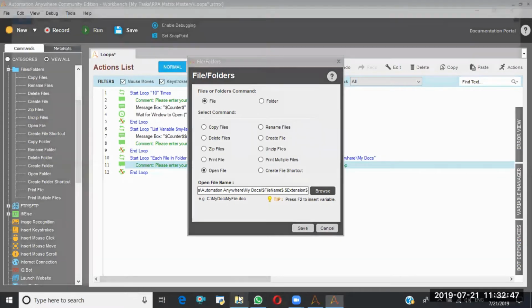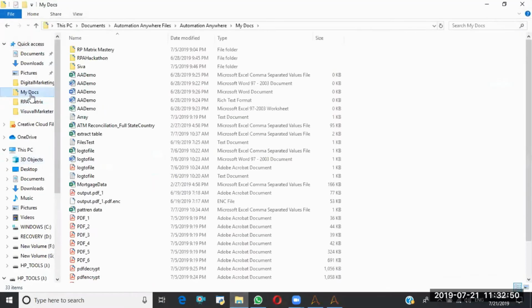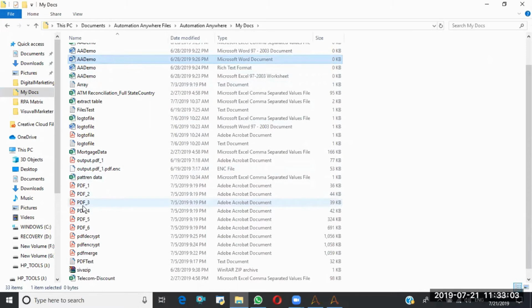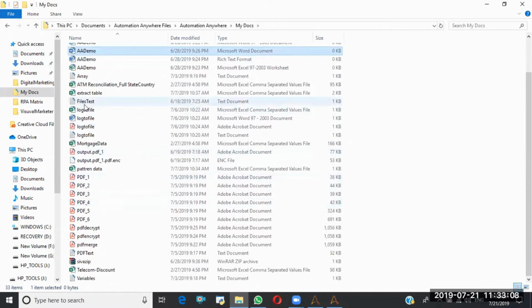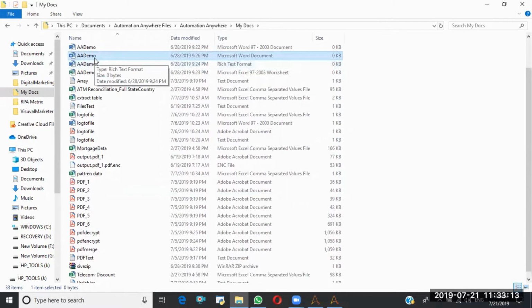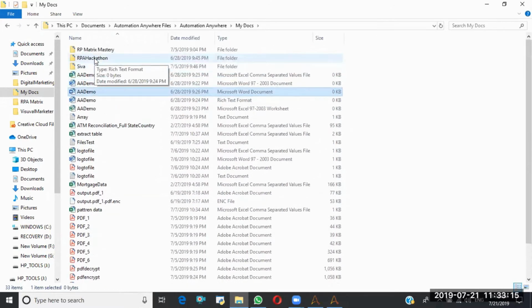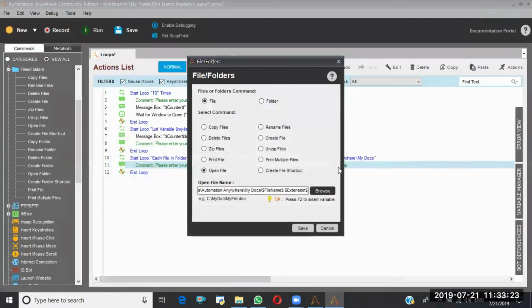So if I go here, what is my first file name? aa-demo.csv. In the second iteration, aa-demo.doc, and third iteration, aa-demo.docx. Like that it will be. But the only thing is, here I have a lot of files, and I don't want to work with all of them. So I'll make it for only CSV files. How can I put that condition?